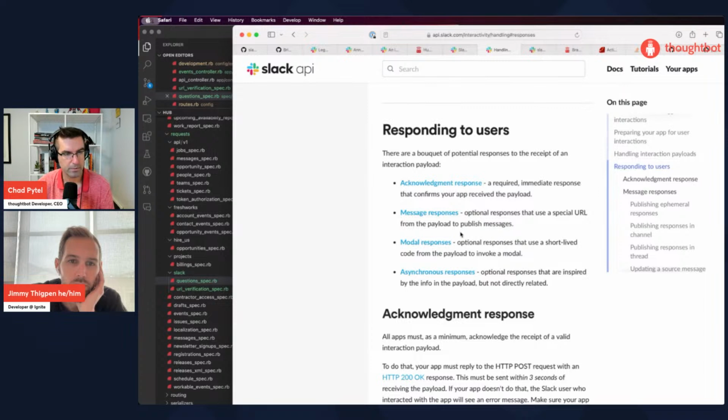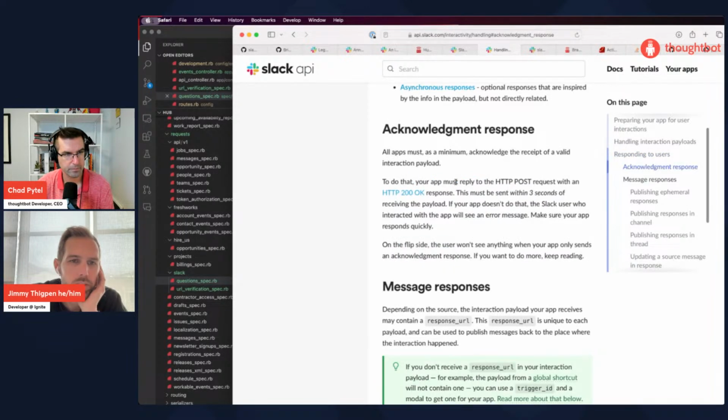Yeah, acknowledgement response is what I was thinking. Okay, let's see here. All apps. 200 okay. We are already by default going to respond with a 200 okay. Cool. So that's fine.